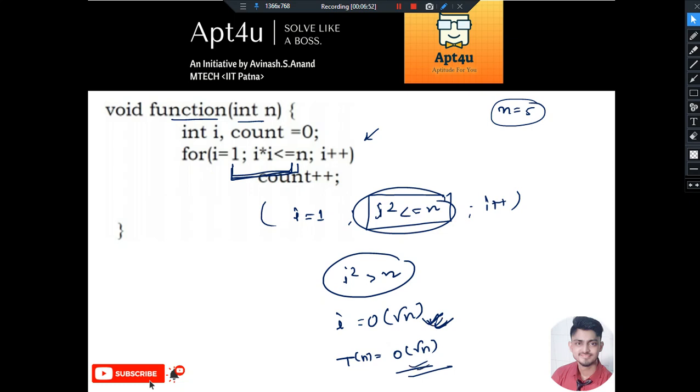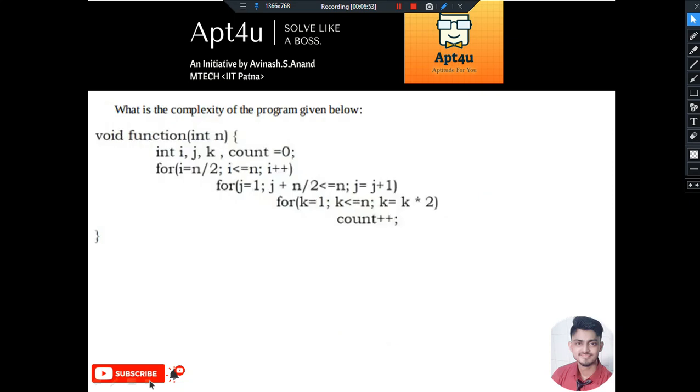of this specific code. Coming to the third problem, quite interesting. Here we have 3 loops and those are nested. So first for loop here, second for loop here, third for loop here. Please pay attention, they are nested loops. Now how to find the complexity in case of nested loops? So basically we will begin with the outer for loop. So here we are receiving some value n.